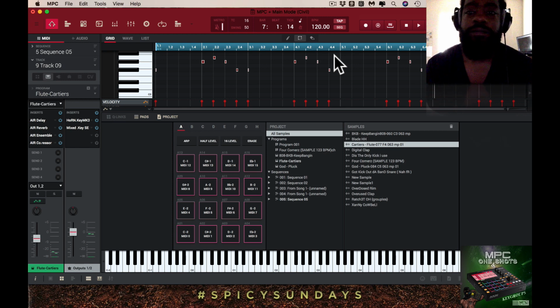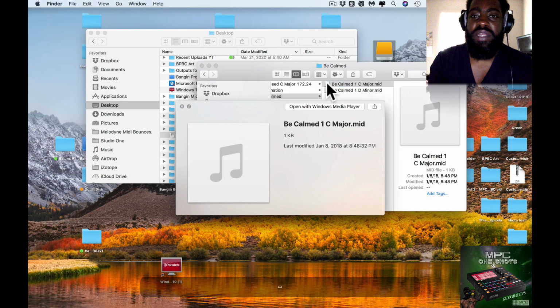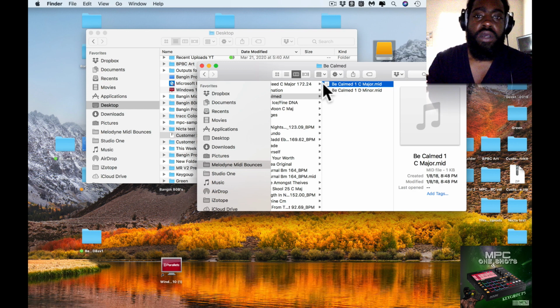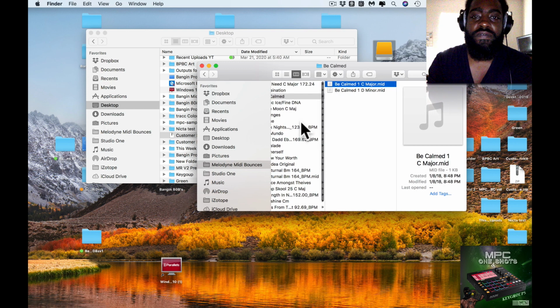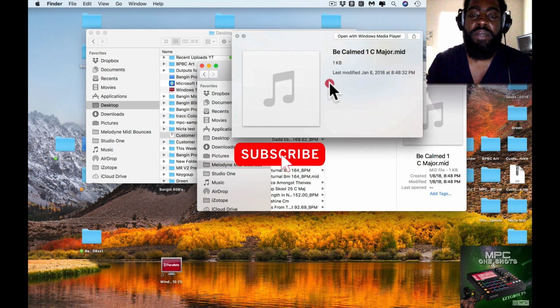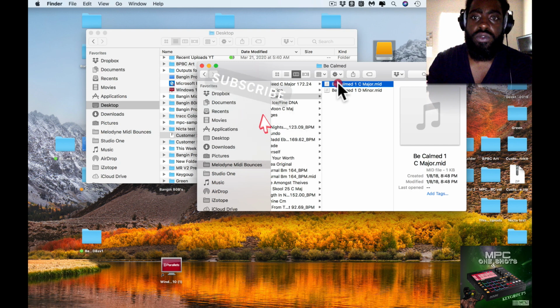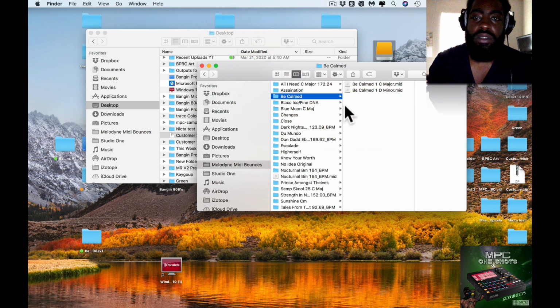Now I'm gonna look for a MIDI file real quick. All right, so I got this MIDI file right here. I don't even remember where I got it from. I labeled it Be Calm, so the song I got it from must be Be Calm. So I'm gonna highlight. I need to get a new mouse because this new